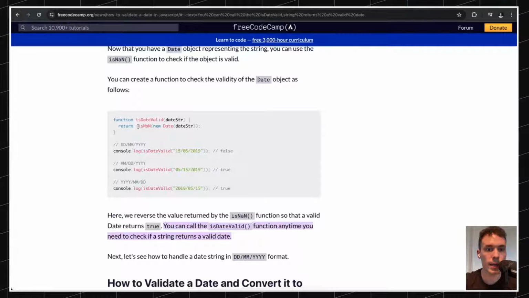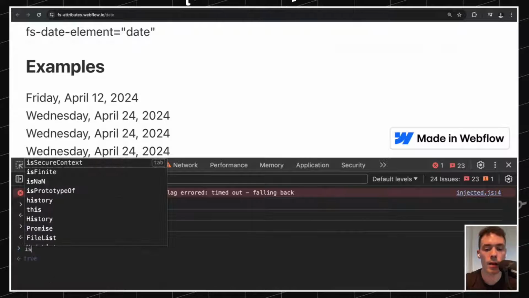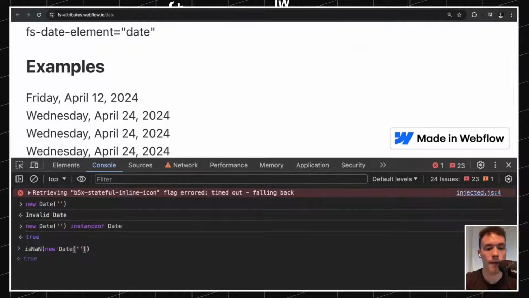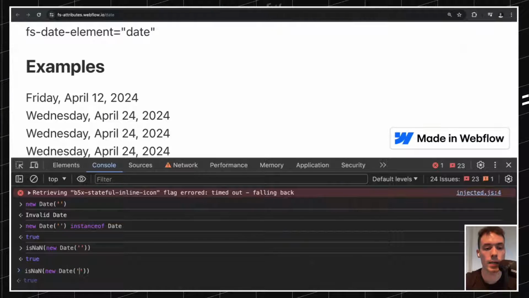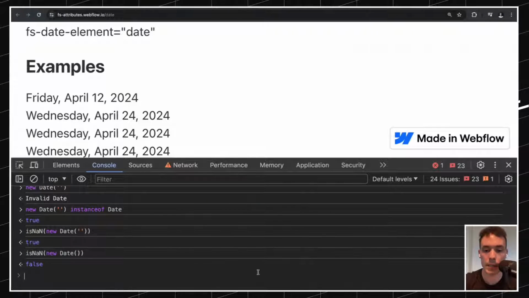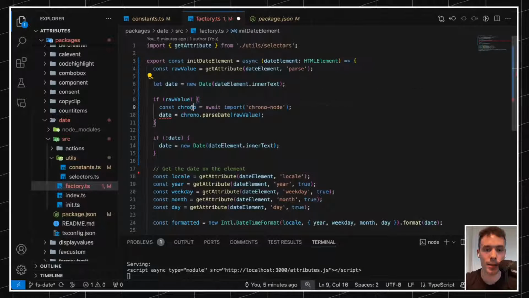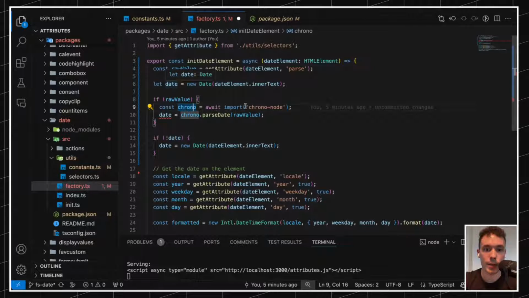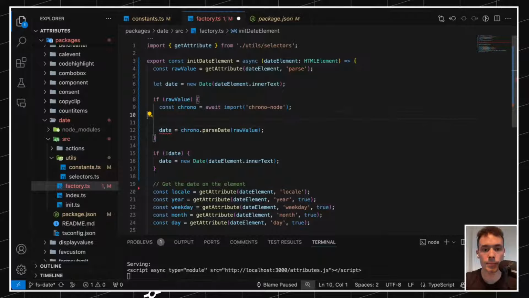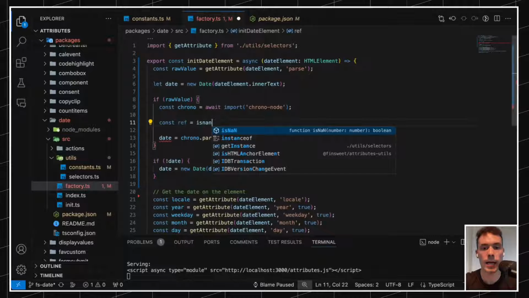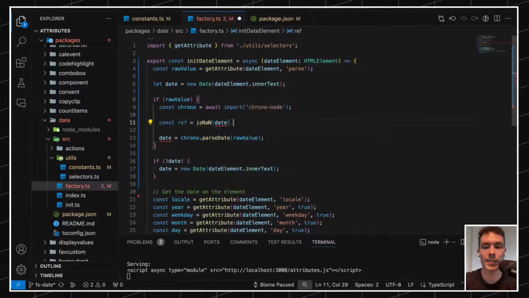Is that value? Okay, so it's NaN, new date. Oh, so we can check if it's NaN. Oh, I see. Oh, nice. Okay, so if it's NaN, let date like this. Great. So we're going to pass this and we're going to say const ref equals isNaN date. If it's NaN,